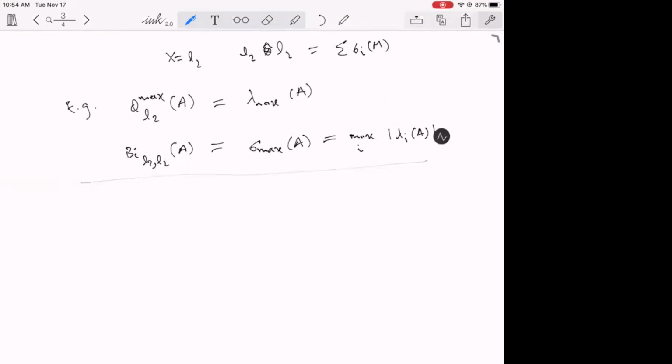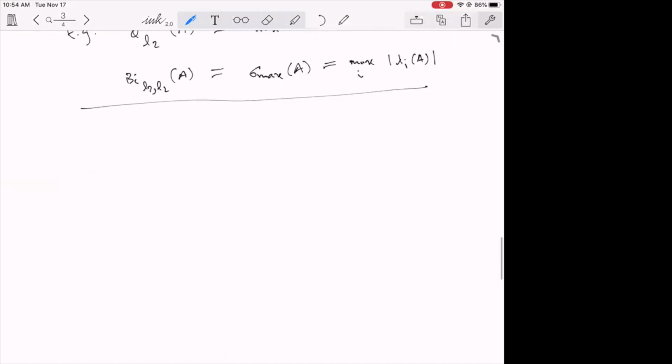So one final definition, and then I'll describe what a factorization theorem is. Finally, we come to what are known as factorization norms. Now let's say we have a linear map, A mapping X to Y, and moreover, A is equal to B times C,